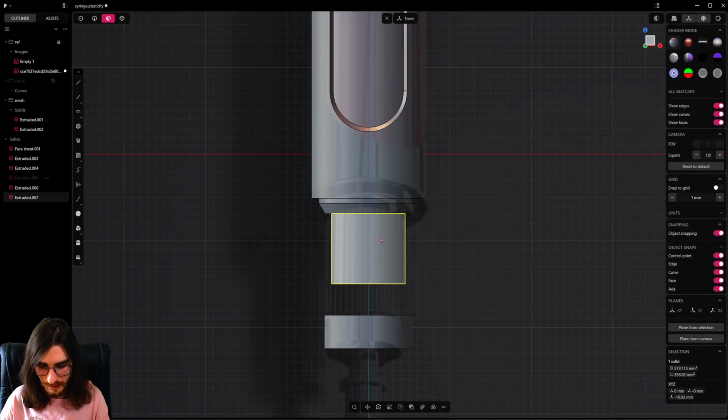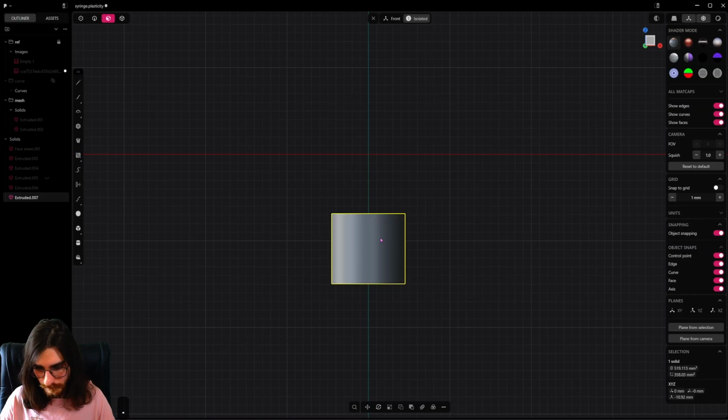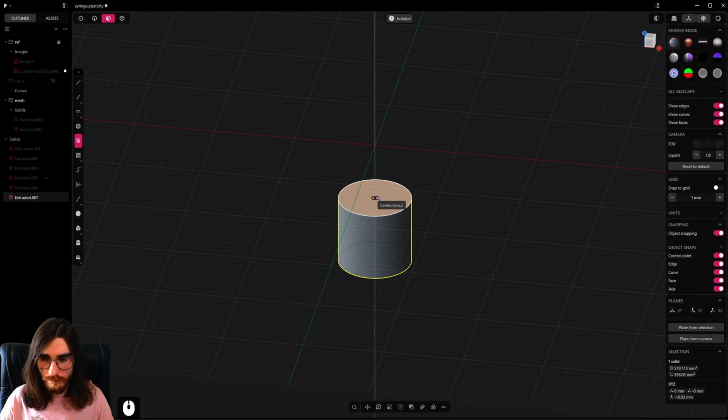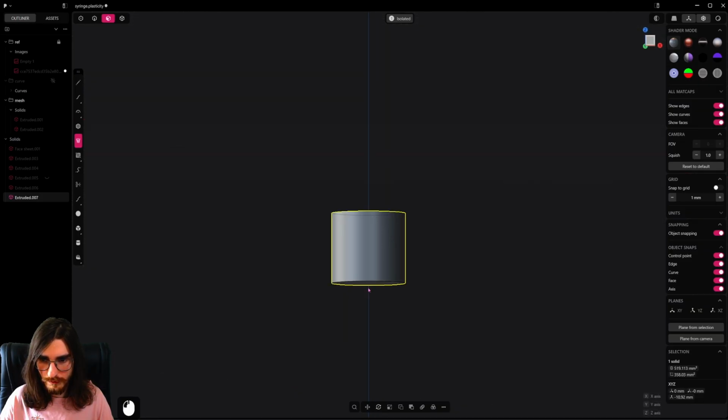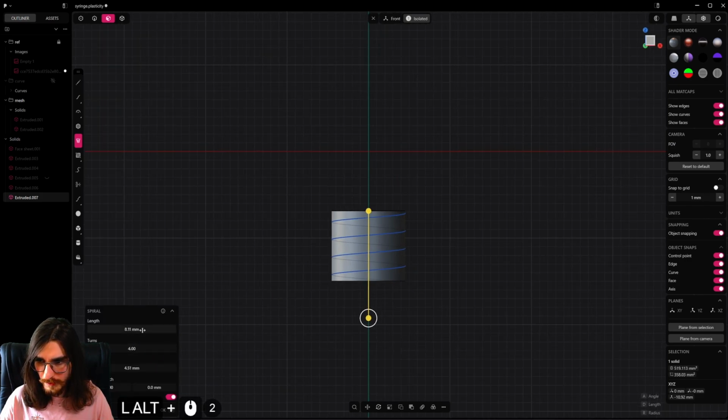So basically we will need to isolate it, and we will take spiral and drop this spiral from top to bottom here, make it like this, and increase the length of it a bit like that, and like this, good, and increase the turns of it like this. Let it be some generous turns here, maybe length a bit more,